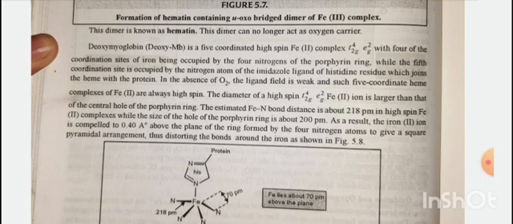The size of the high spin t2g4 eg2 Fe2+ ion is larger than the hole of the porphyrin ring. The estimated Fe-N bond distance is about 218 pm in high spin Fe2+ complexes, while the size of the hole of the porphyrin ring is about 200 pm. As a result, the iron(II) ion is compelled to sit 0.40 Angstrom above the plane of the ring formed by the four nitrogen atoms,